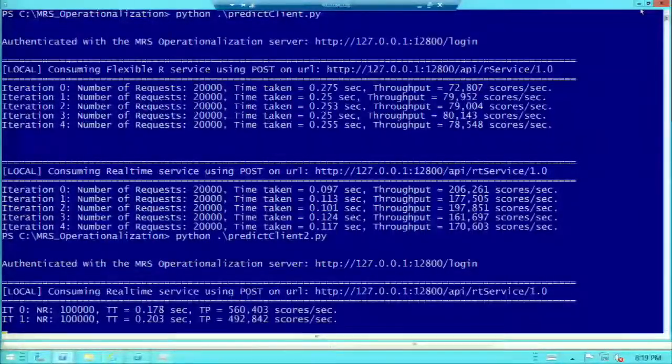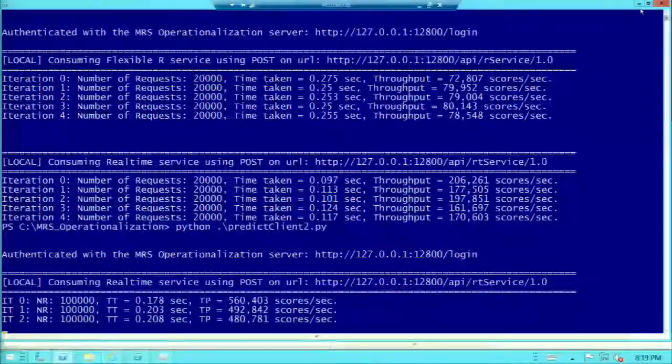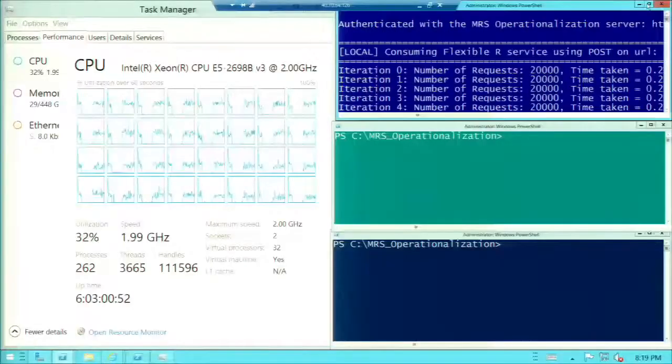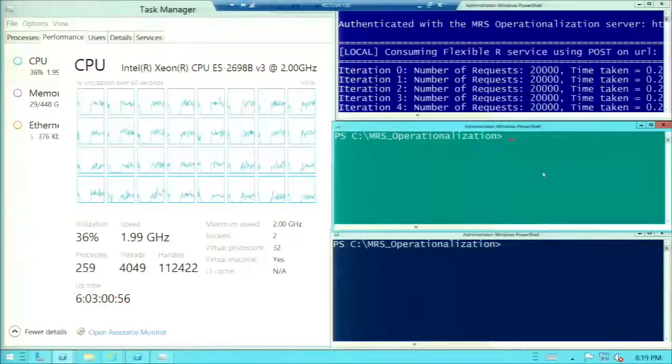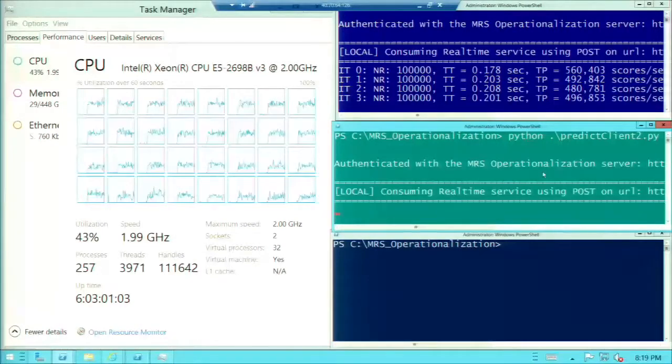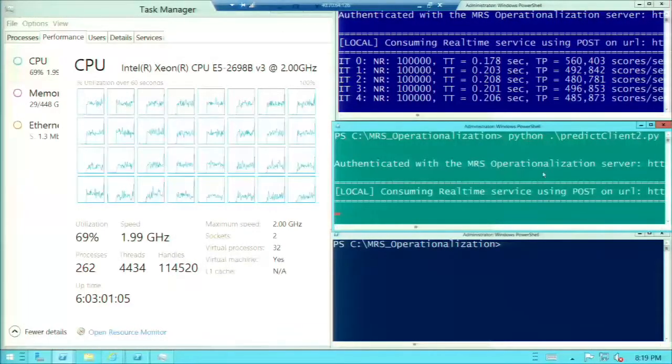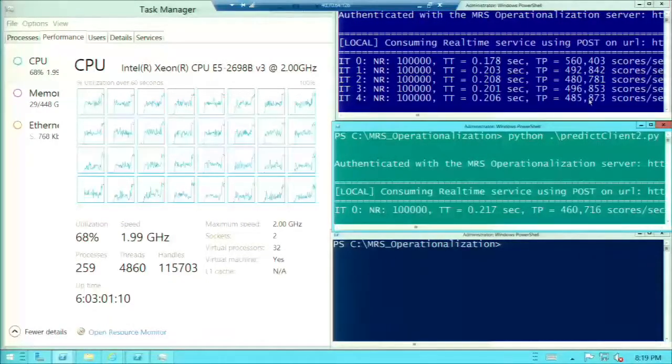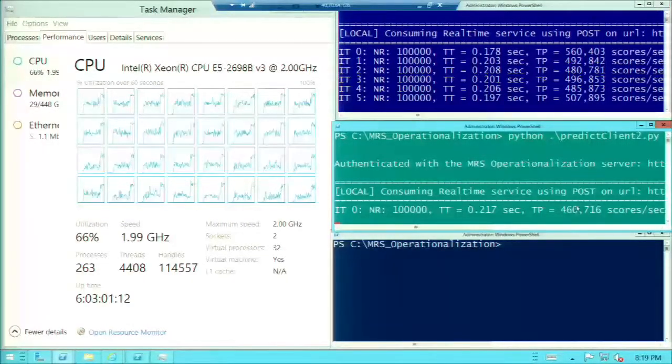And the reason why is because Python isn't fast enough to actually generate enough requests. Yes, I said it, Python isn't fast enough. So in order to actually generate enough requests that I need, what I'm going to do is actually run 3 simultaneous Python examples. So I'm going to run another client again. So in this one, you can see my utilization's up to about 74% on my 32-core server. The first request is doing almost 500,000 at a time. This one is 460, so we're not quite up to the million.